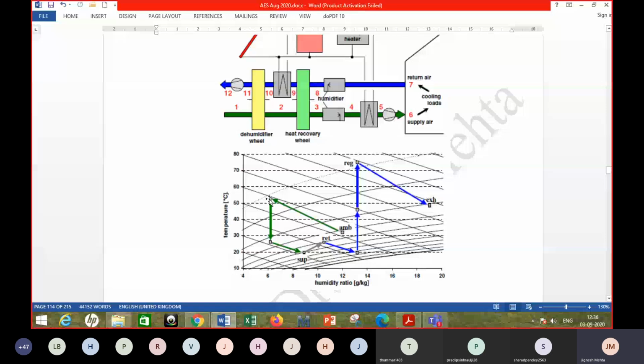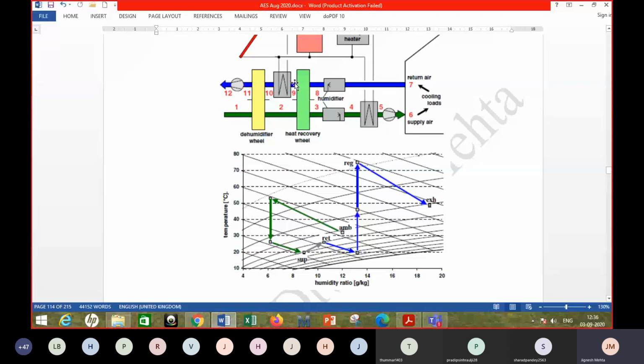Okay, or 13 to 7. So moisture level is reduced, but you can see temperature is increasing, right? The process is such that it is exothermic and temperature has increased. Now the next, it is passing through this heat recovery wheel, where you are using the stream from the room, which provides cooling to this stream.